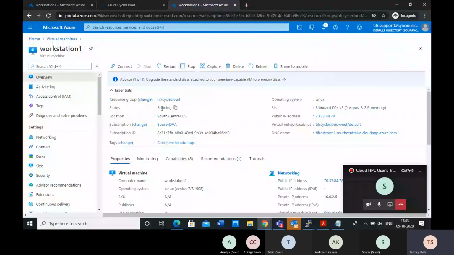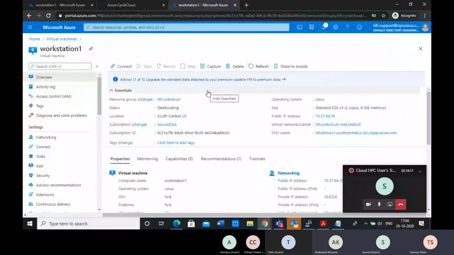So currently it is showing status as running. It will go into the stopping state. Yeah, so right now it is deallocating, and finally it should be stopped. So don't run the shutdown command or something inside the machine. It is not going to help in saving the bill. To save the bill, you have to click stop from this window. So I will send you this detail.